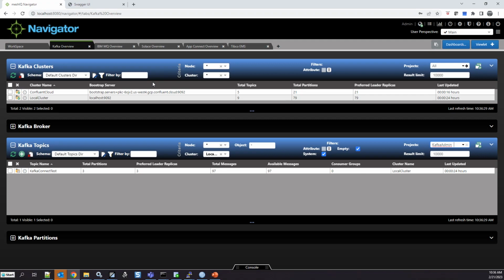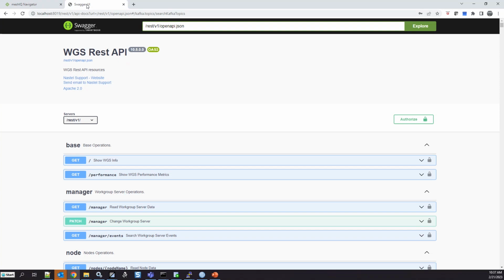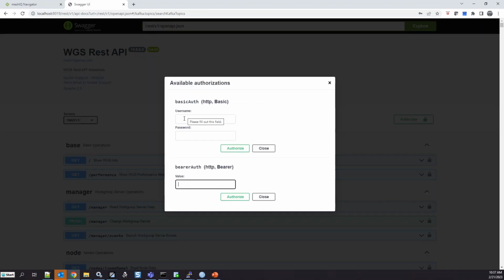Okay, with the 5 more minutes of demo, and again, if you have a question, feel free to post it in the Q&A, and we'll get to those. I wanted to show you the REST API because everything that I did in the previous sessions can also be done via a REST interface. So let me just show you a simple example. We'll use the same scenario that we just did. Let me go ahead and log in as our friend admin.